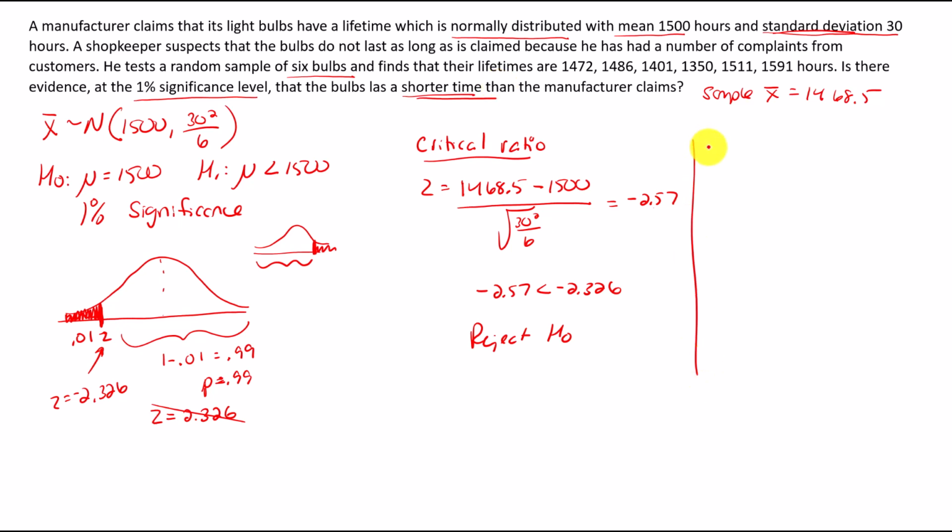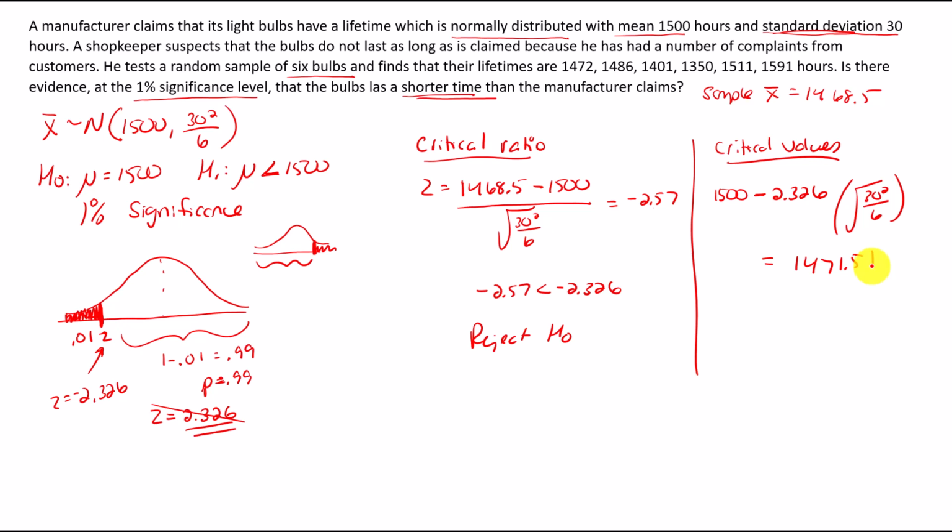Now, what if we do critical values? Well, for critical values, what we do is we take our mu, mean, and you have these formulas, you just need to memorize them. And since we're going less than, we want to subtract because we want to go to the left. We're going to still use this value here, but we're going to use the positive version of it because I'm already subtracting. So when we have found this Z here, we're still using the same Z value, versus comparing it here. And then I have the square root of 30 squared over 6. So I want to do that math. When I do that math, I get